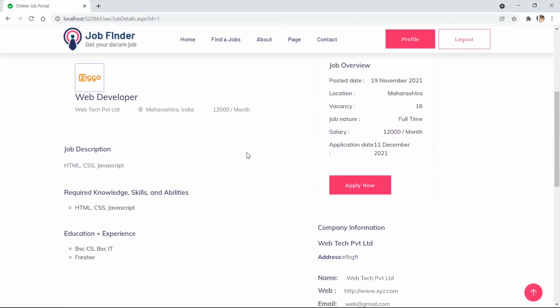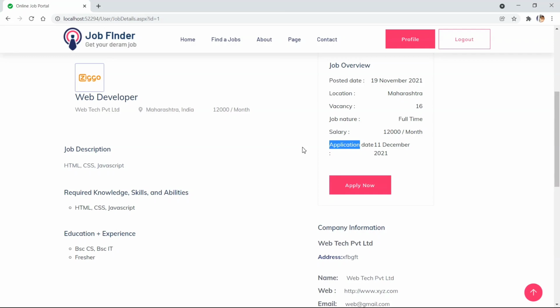Then here we'll change from application date to apply date. Okay, or whatever we can give here, last date.